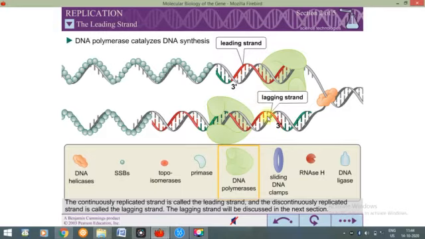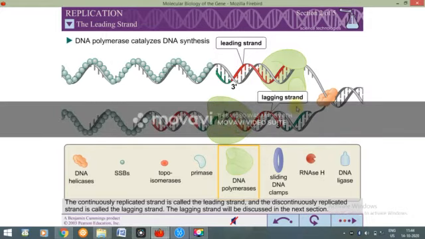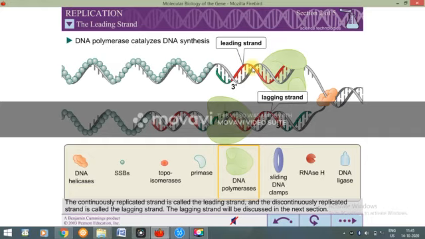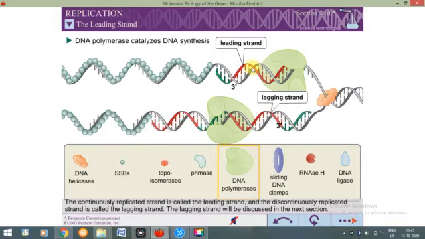Okay, on the other hand, this strand is lagging behind. It is producing small copies of DNA. So that's why it's called lagging strand, because it is left behind. And this one is leading strand because it is moving ahead. So we have two different strands in a DNA molecule. The one strand which is moving ahead is called leading strand. Moving ahead means it has a higher rate of replication. And the other strand which is lagging behind, which has a slower rate of replication, is called lagging strand. Both of these strands are produced by the DNA polymerase on two different strands. Now this is leading strand, and the opposite strand is lagging strand.